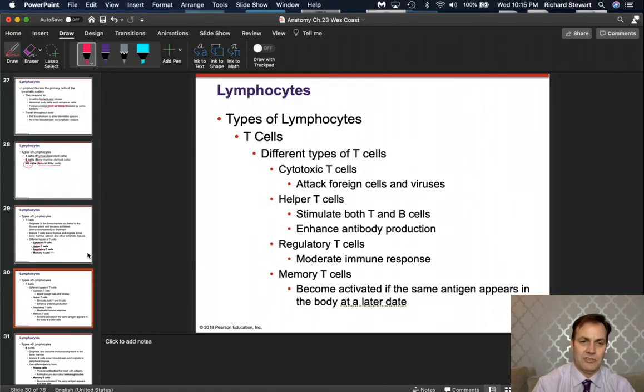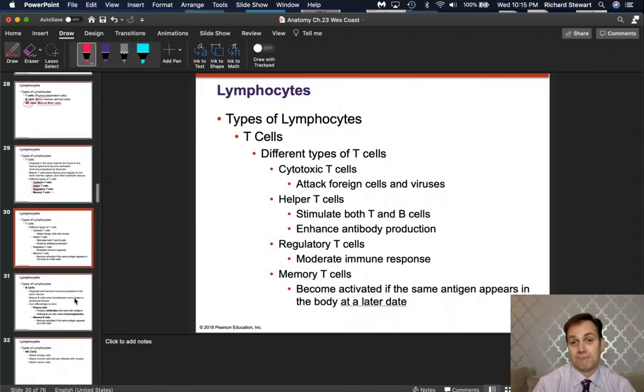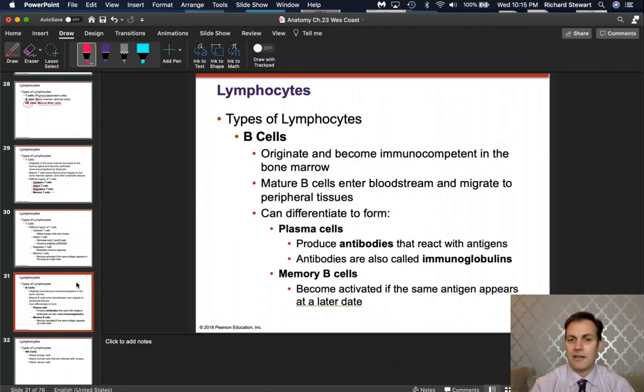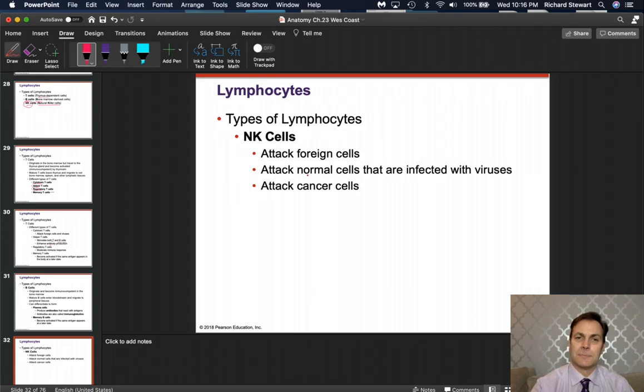Okay, so your helpers stimulate more T cells and bring B cells into it. B cells make antibodies. All I want you to understand is what B cells do when they get activated from a T cell. A B cell is cruising around just being a B cell. As soon as a T cell shows up, the T cell puts the B cell in play. When he gets put in play, he becomes a plasma cell, so now he starts to make antibodies. And then the B cells can form memory cells, so when they see a foreign invader, they can attack it on their own. Natural killers are just roaming around looking for anything that doesn't behave right.